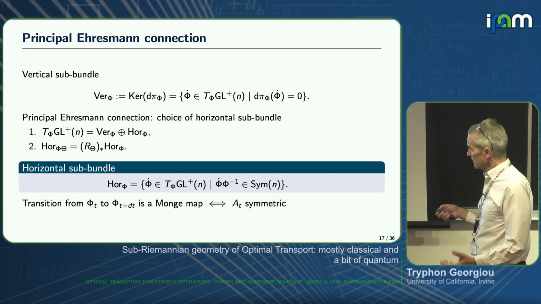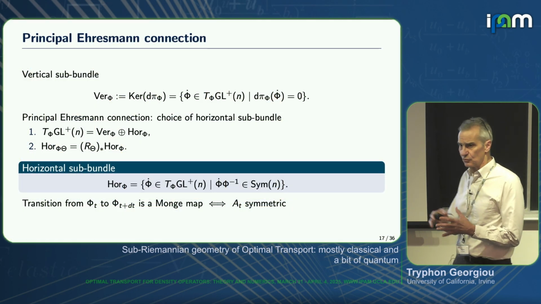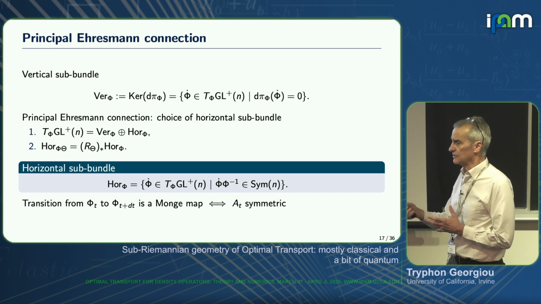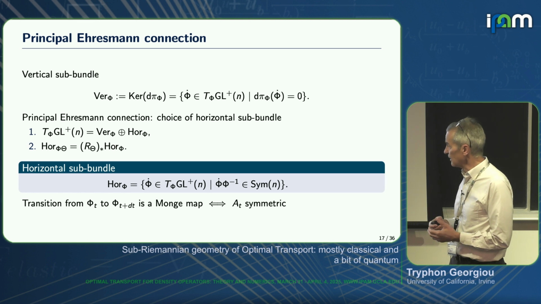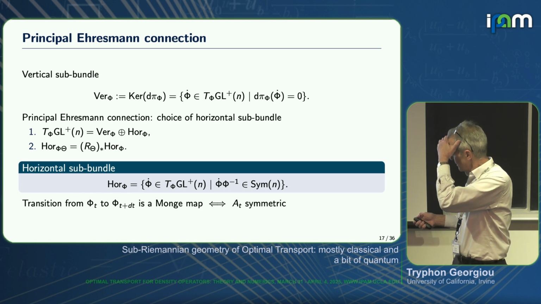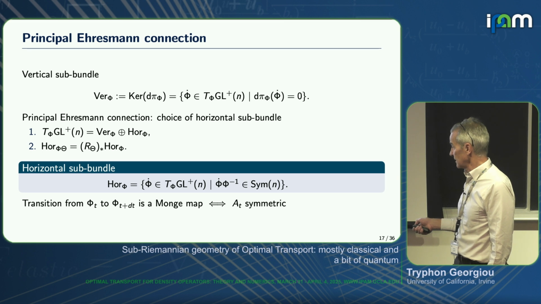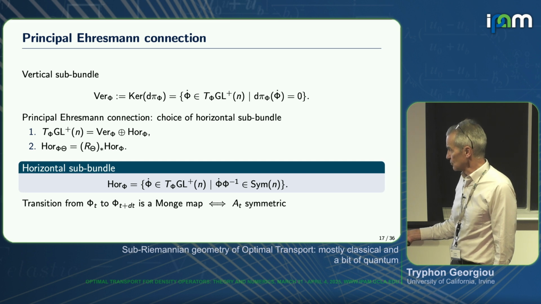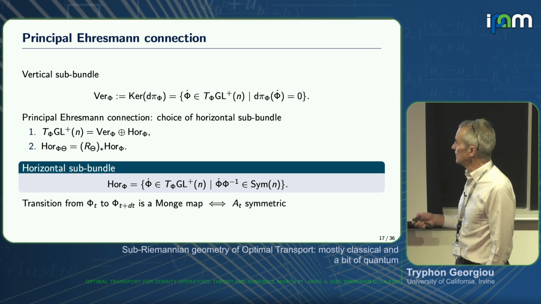So now, in trying to do geometry up there, you need to decide what is parallel transport, what is allowable, what's not allowable. And of course, we know what's allowable are the directions where A is symmetric. So we're going to have a transition between successive positions, from the position which you ended up by doing this to the new position, it's infinitesimally a Monge map.